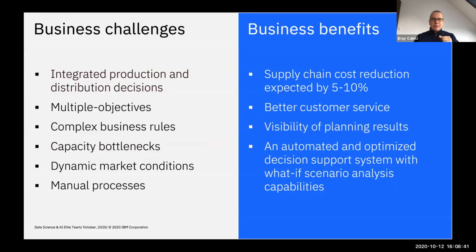If I just summarize the business challenges for this project, it's an integrated business, production and distribution problem. So there is one challenge on that side. You are not just trying to optimize production or just trying to optimize distribution. From a business user or S&OP planner perspective, it is sometimes really complex to decide on integrated decisions. There are multiple objectives in this problem. The market conditions keep changing, and